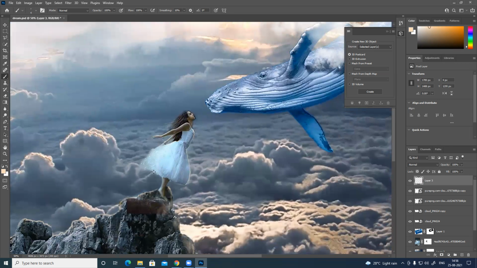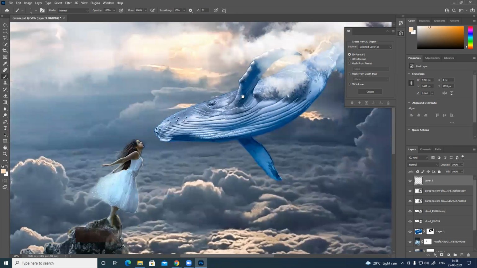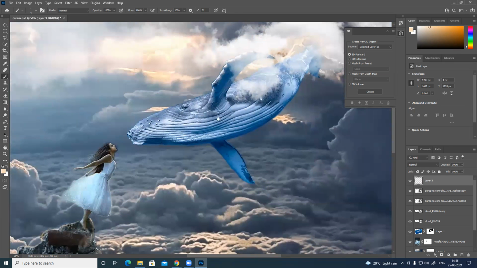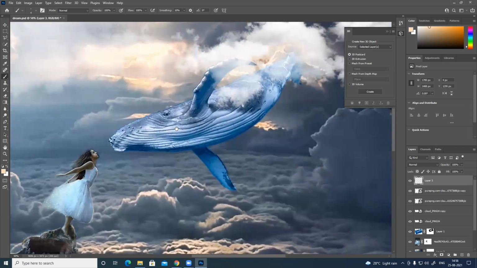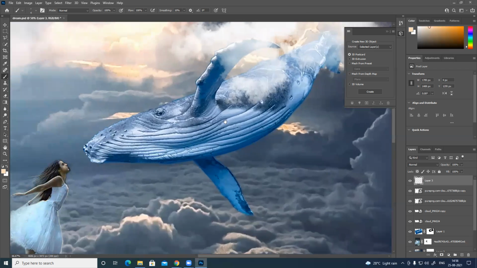So you just need to complete this skirt, and plus I need to add highlight for this also. And this is way too blue, so I need some tint of yellow and orange, to make it look the same.